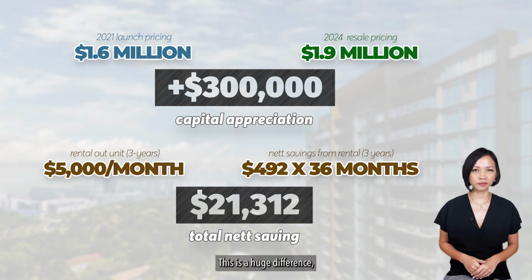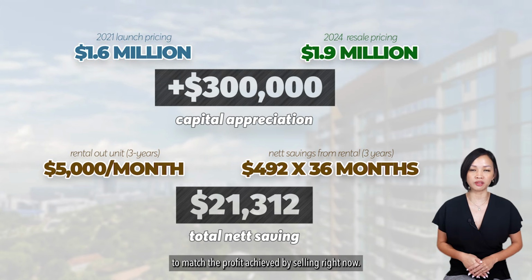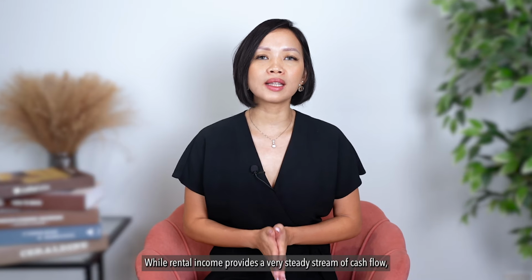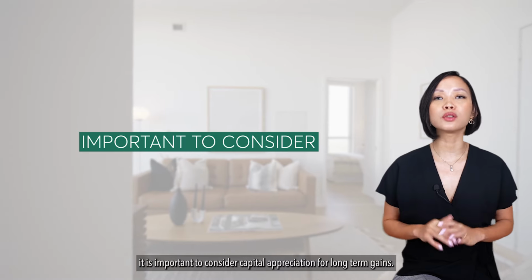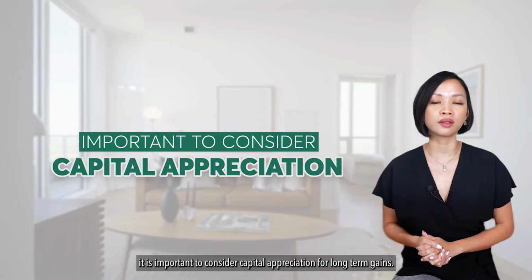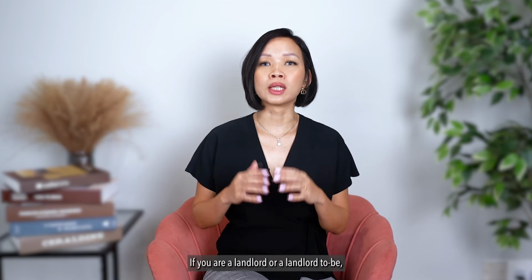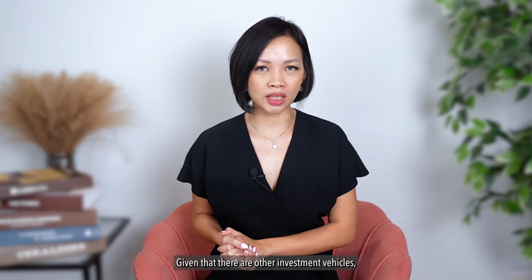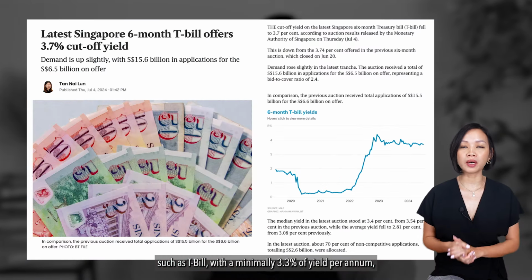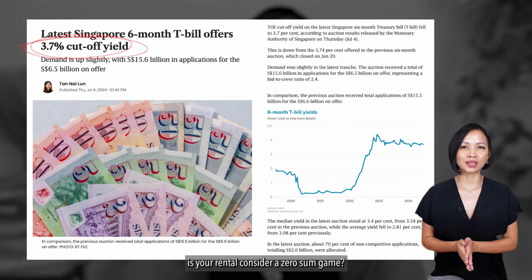This is a huge difference, and it will take many more years of renting to match the profit achieved by selling right now. While rental income provides a very steady stream of cash flow, it is important to consider capital appreciation for long-term gains. If you are a landlord or a landlord-to-be, I would strongly encourage you to relook at your numbers. Given that there are other investment vehicles such as T-bill with a minimally 3.3% of yield per annum, is your rental considered a